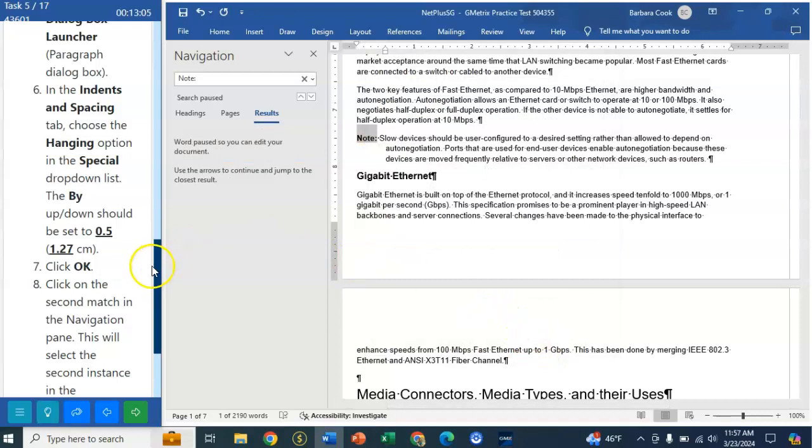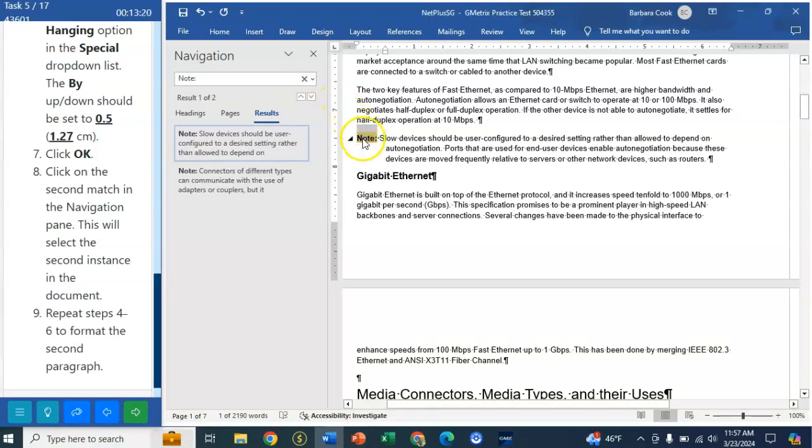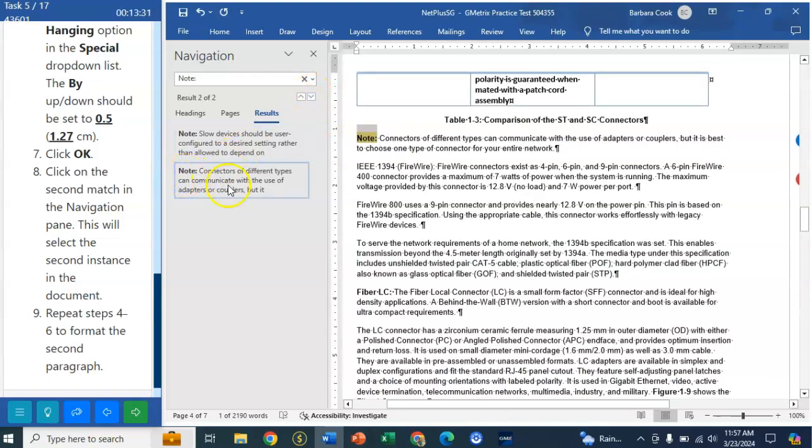And then we want to click on the second match. So click on this arrow that goes down. This should be the second match. No. This is the second match, and you can see it here. The second match says note connectors of different types. So we highlight the word note,